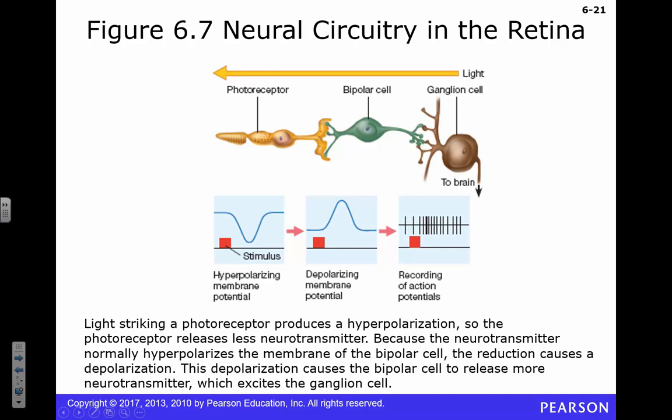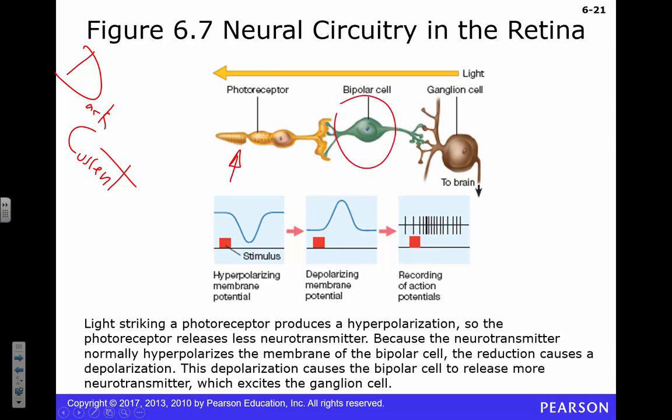This is sort of an interesting concept, though. We should think about this. This is called the dark current. If your photoreceptor is not activated, right, if it's in the dark, it's actually going to be depolarized. Now, I know for the most part I've told you things are depolarized when they are activated, right? But this is the reverse, okay? This is the exact opposite. It's going to be hyperpolarized if it's activated.